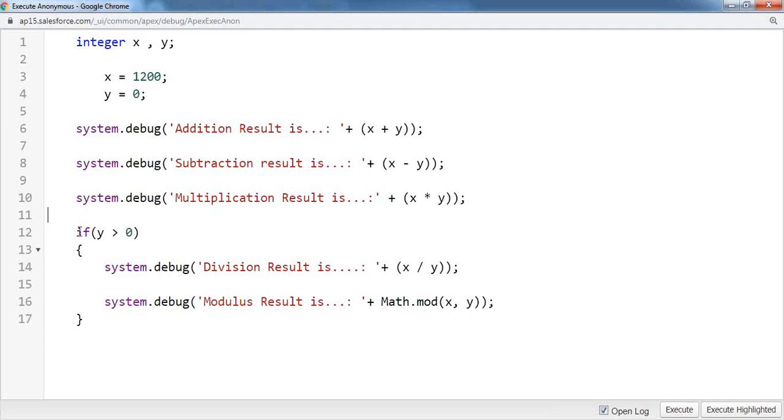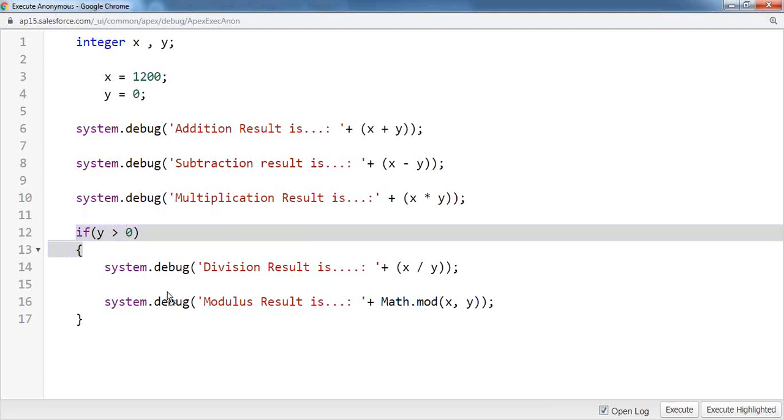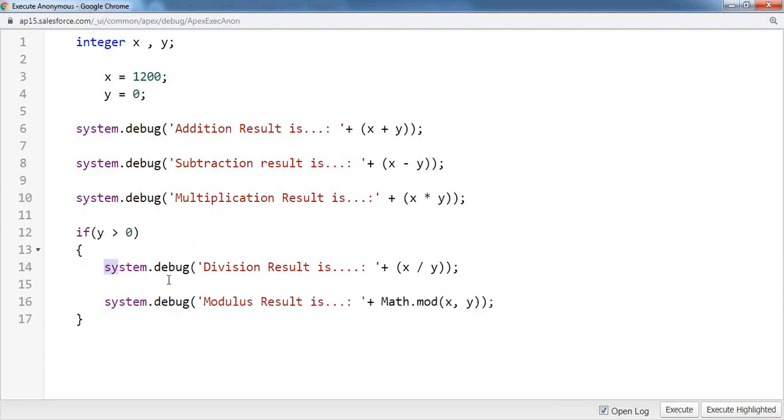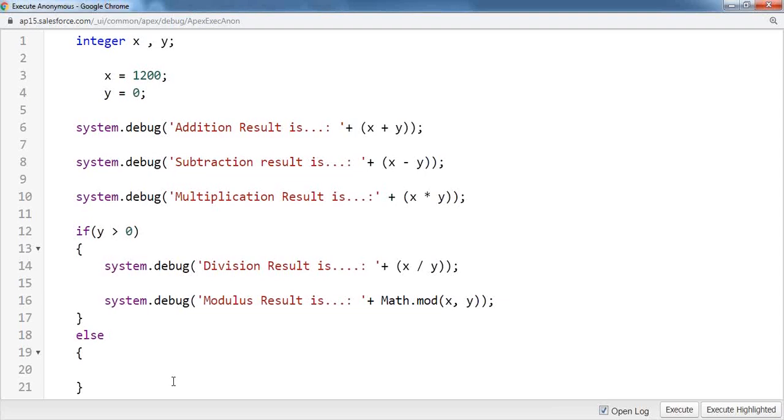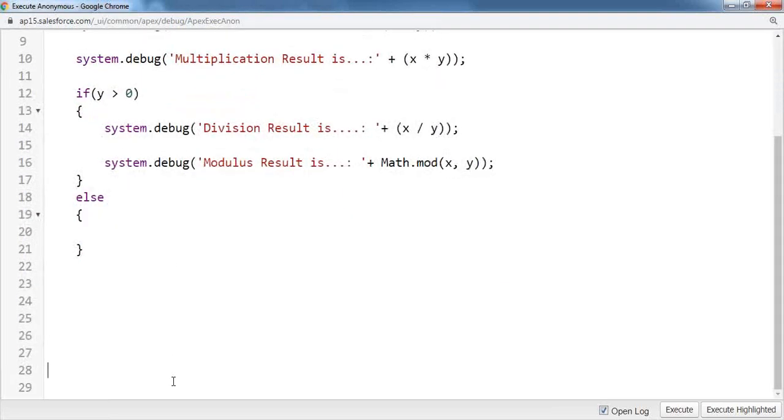So what I want to do is, if the condition is satisfied, I want to execute this block of statements. If the conditions fail, I want to execute a different block of statements. For that, I'm using the else part over here. In this else part, that means if the condition has failed, I want to show some message. System.debug, we cannot perform the division and modulus operations